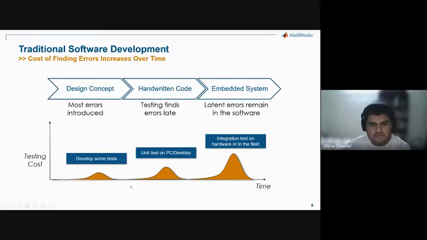So you do something nice on your PC, you handwrite a bunch of code, and then when you take it out into the field, like those robots, many of those were probably multi-million-dollar machines, you only find out in the field when they are failing. And the cost of doing this escalates quite a lot because it takes a lot of time to develop these systems.